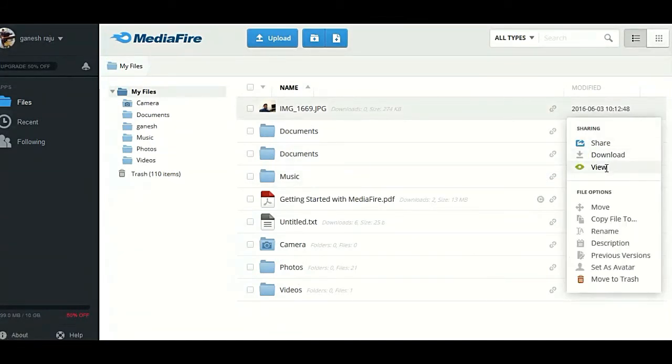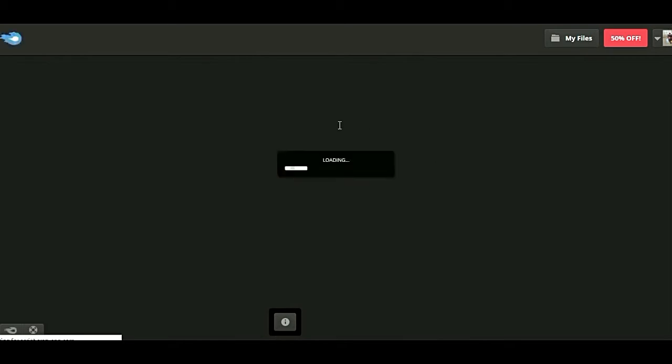And one more thing, that is view. So we can preview your image and your documents automatically in the media file. Okay, it is the preview now.